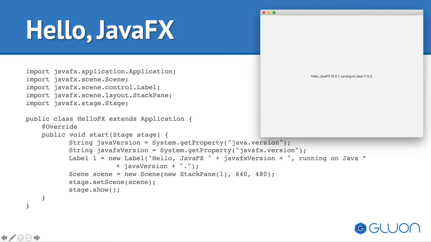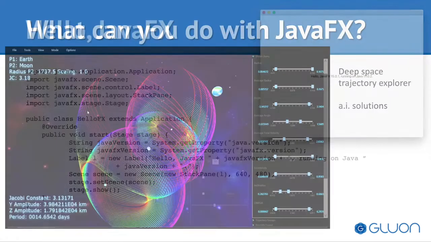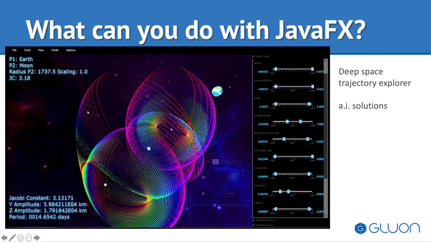This is, of course, not a typical JavaFX application. This is really just the Hello World application. But it shows how easy it is for Java developers to use JavaFX. More typical JavaFX applications are, for example, the Deep Space Trajectory Explorer created by AI Solutions for,